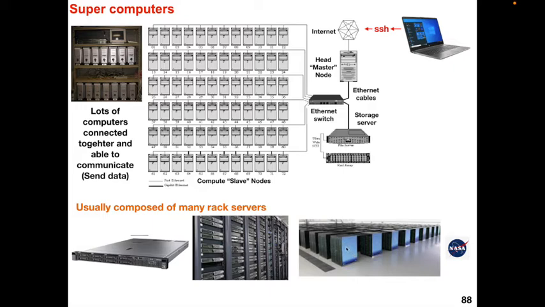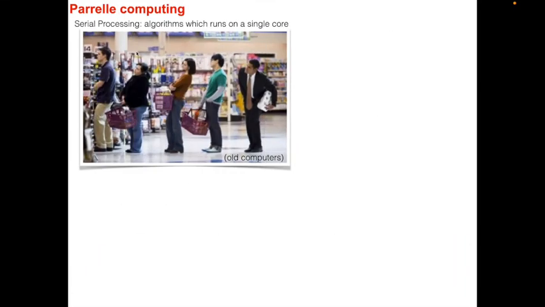And supercomputers are expensive, of course. So a lot of times, it's government agencies that host or manage these supercomputers, or large companies like Amazon and Microsoft. Parallel computing. So back before the early 2000s, so in the 90s, the central processing units, the CPUs,